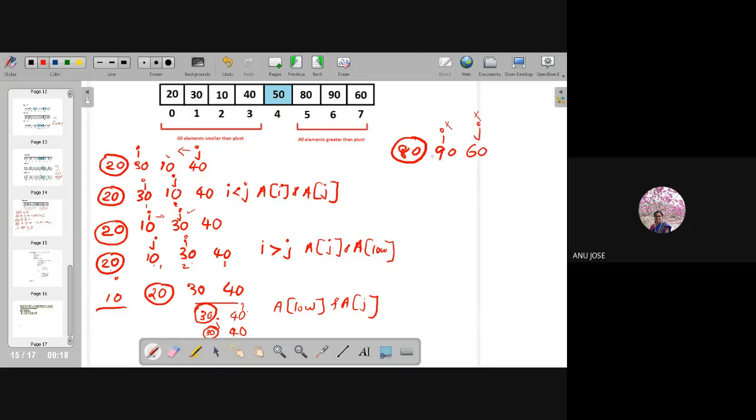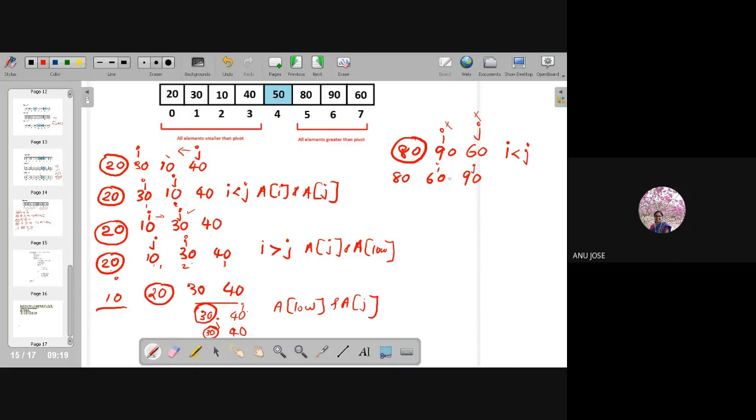Then I compare I and J. I is lesser than J, so I have to interchange A of I and A of J. So I get 80, 60 and 90, with I in this location and J in this location.